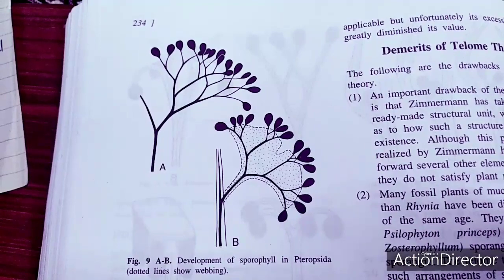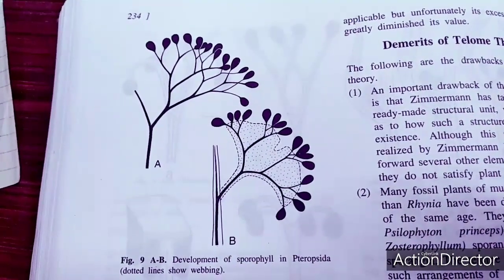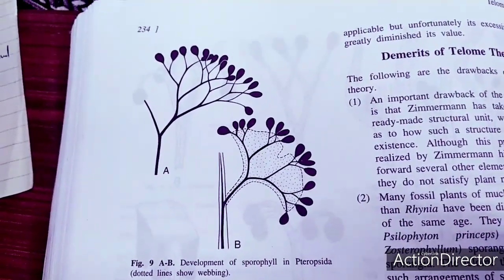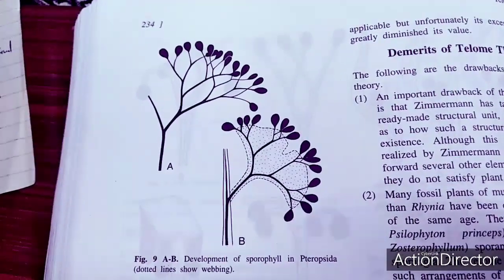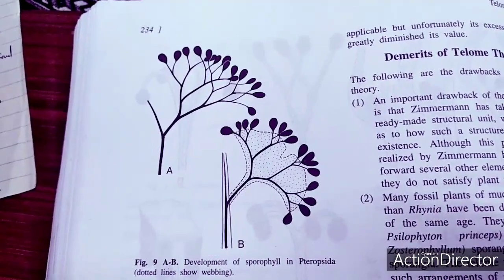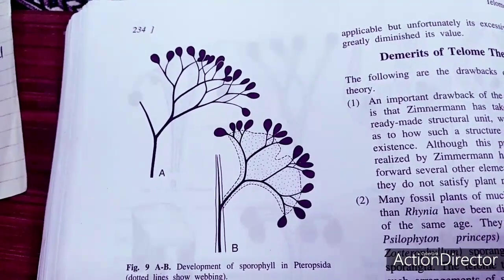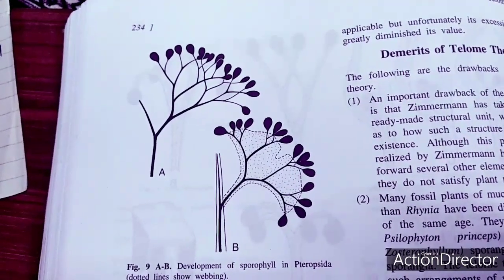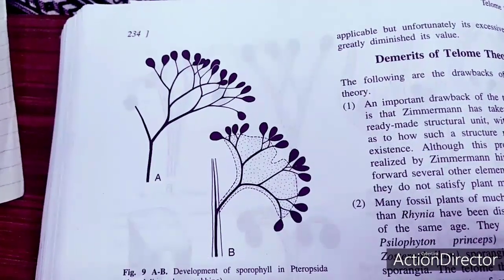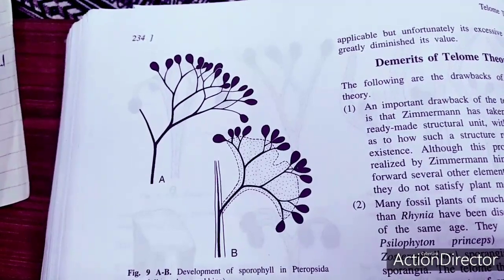The merits of the telome theory are that this is an excellent interpretation of the origin as well as the evolution of the sporophyte of land plants, because it is talking about how from a single dichotomy it is going to develop into the higher plants, either into the Pteropsida, the Sphenopsida, or the Lycopsida. So it is removing the outstanding morphological difficulties in lower vascular plants. Eames in 1936 suggested that the higher plants can also be interpreted from the same process. Banks in 1971 said the theory is too simple and easily applicable.